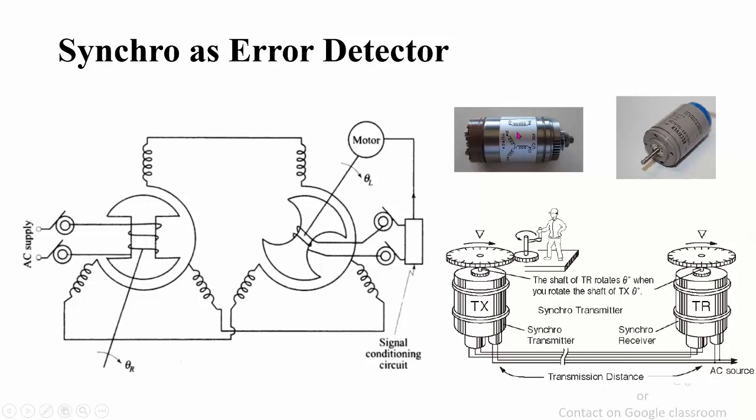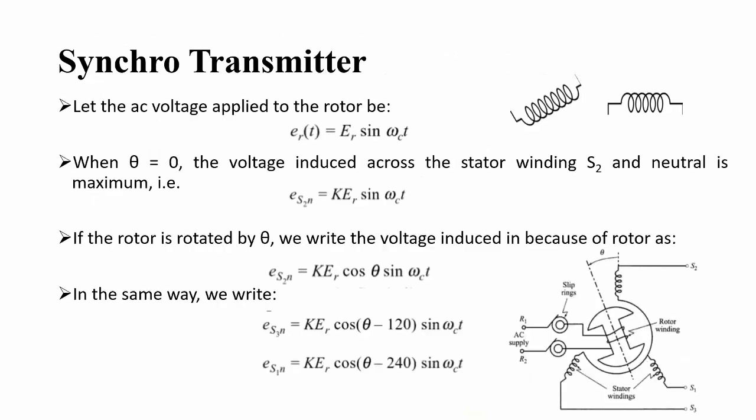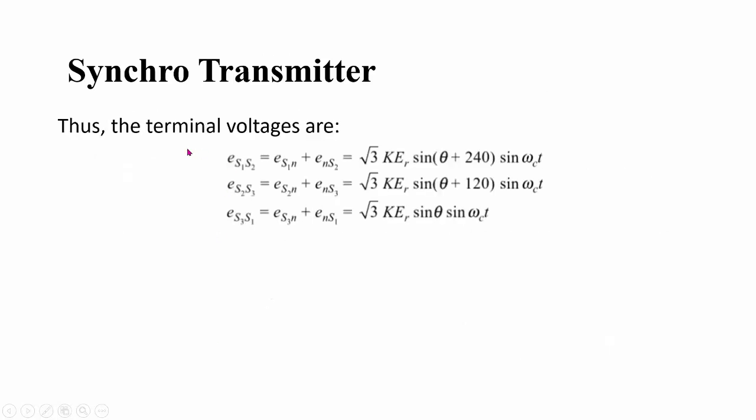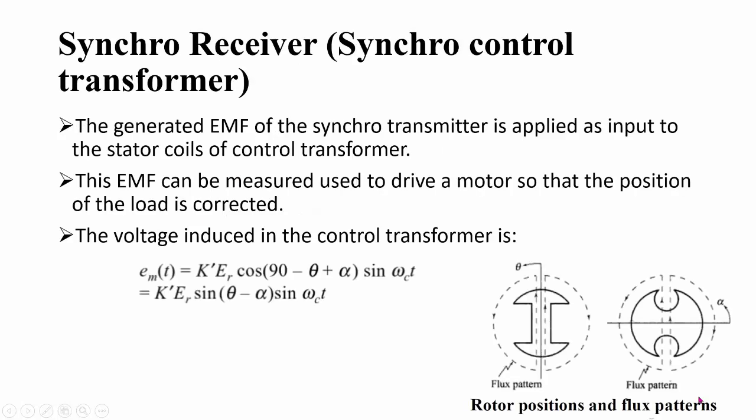So you will have 5 terminals that will be accessible. Two of these terminals will be provided with AC supply, while the output will be taken from the 3 terminals. That is why S2n, S3n and S1n are not useful. So we will try to transform each of these voltages into the voltages that exist across S2 S1, S2 S3 and S1 S3. From these three expressions of voltages, we will try to find the voltages that exist between terminals S1 S2, S2 S3, and S3 S1. The terminal voltages that we can access are given by these values, and these are nothing but what you get if you apply KVL on each of these loops.